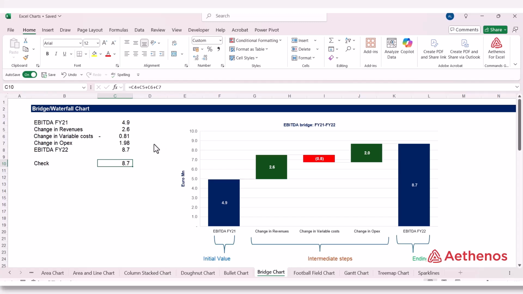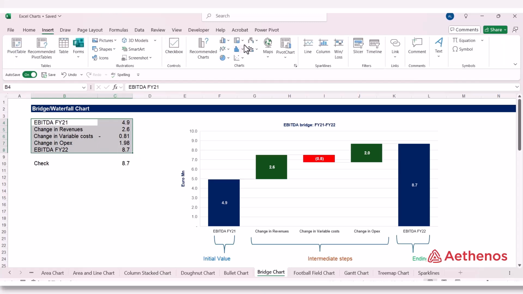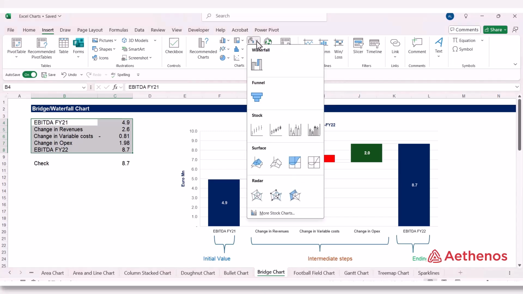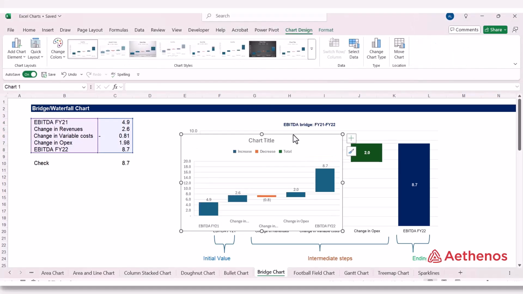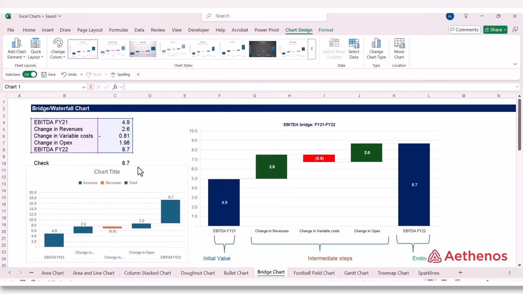So let's create a bridge chart. First we will select the data like this, and then go to Insert, and here you see Insert Waterfall and other charts are there. So we go to that option, go here, and the first one is the waterfall chart. So we can insert that, take it to this side,